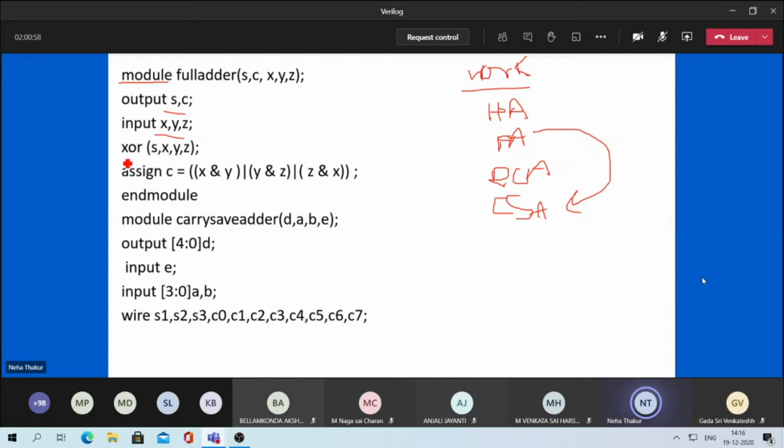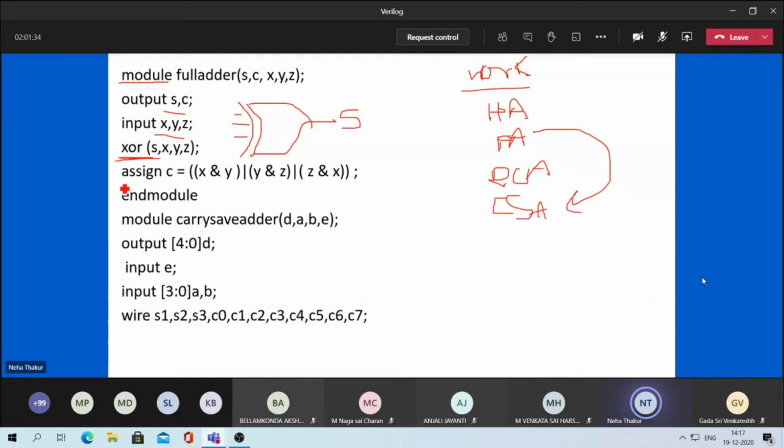For the full adder, you know what the condition is? For the full adder, sum is equal to x XOR y XOR z. So that means this will be your full adder sum diagram. It will be XOR of x, y and z. So this will be your sum. For writing the sum, you have to write XOR. You can give some name as well, or you can write XOR of, first write the output S, and then the inputs x, y and z.